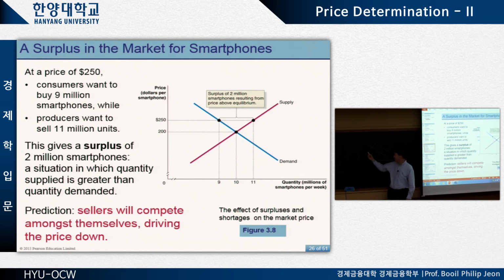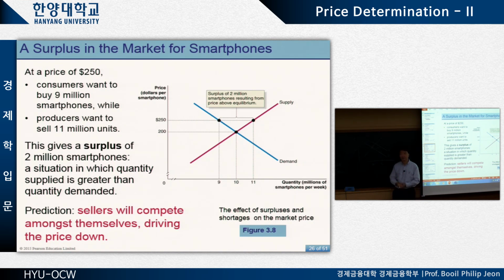So, at the original price, apparently a lot more people want to buy, but the quantity supplied is not enough. So there is a shortage. And when there is a shortage, what's going to happen to the market? Price will rise,